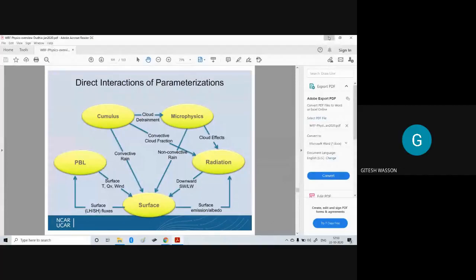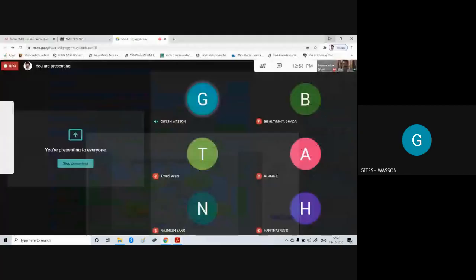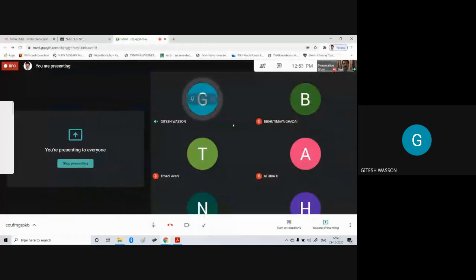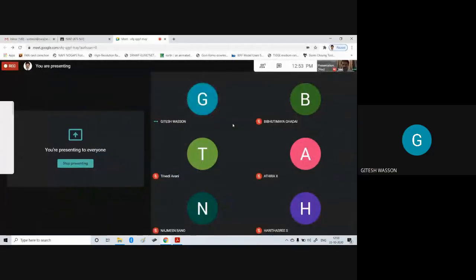Yeah, tell me. While reading my review paper also, there were two parameterization schemes, PBL and convective. So I tried to study about that part also. There was a line which said that these schemes are combined to create distinct configurations, approximately 12 of them.